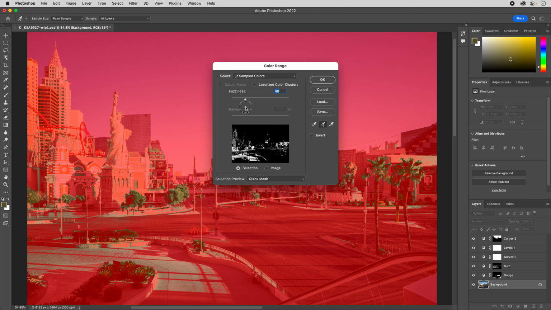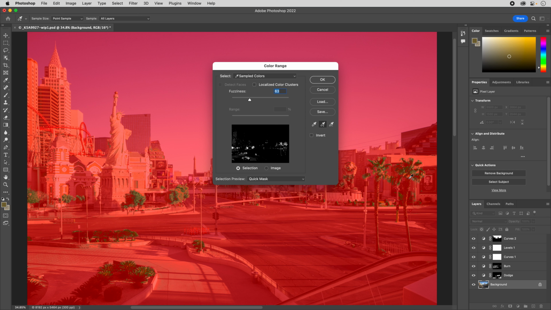And so I'm going to go in here. You can see that I got a little sidewalk. So I'm going to select the eyedropper with the negative, and I'm going to click it on the sidewalk to get rid of those tones. It's a balancing act, right? Those tones really equate to the highlights on the trees. So I'm just going to keep plussing and minusing until I